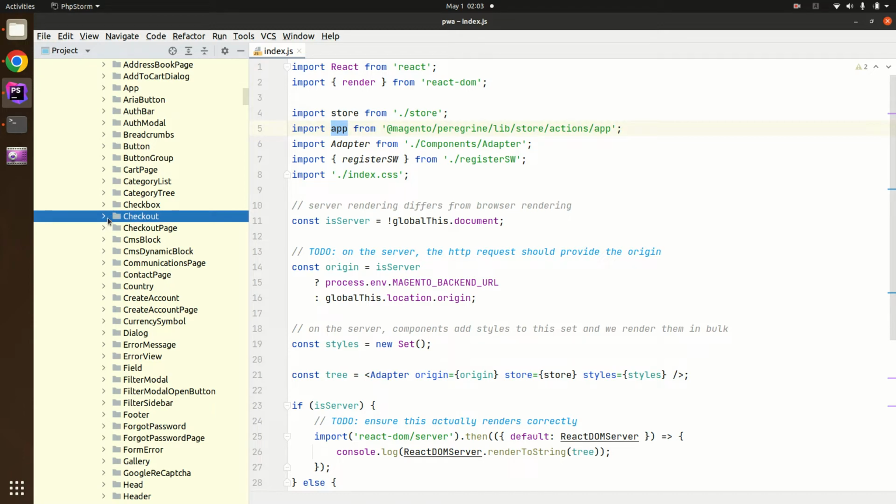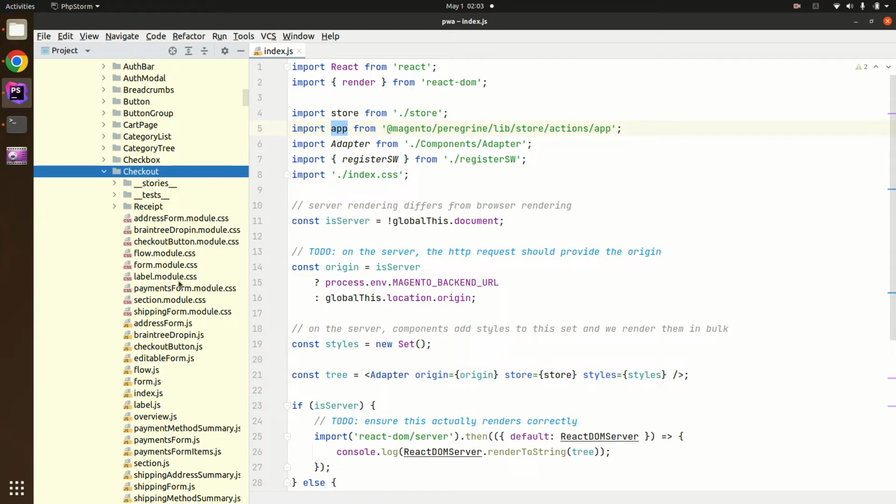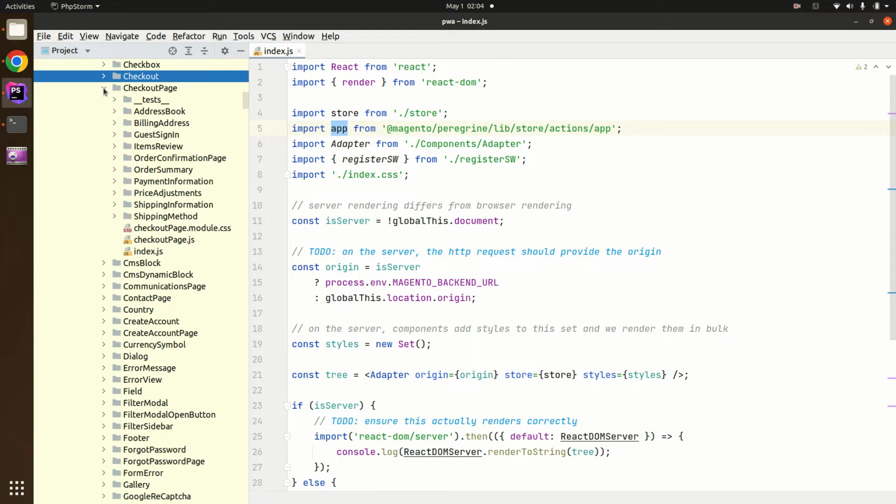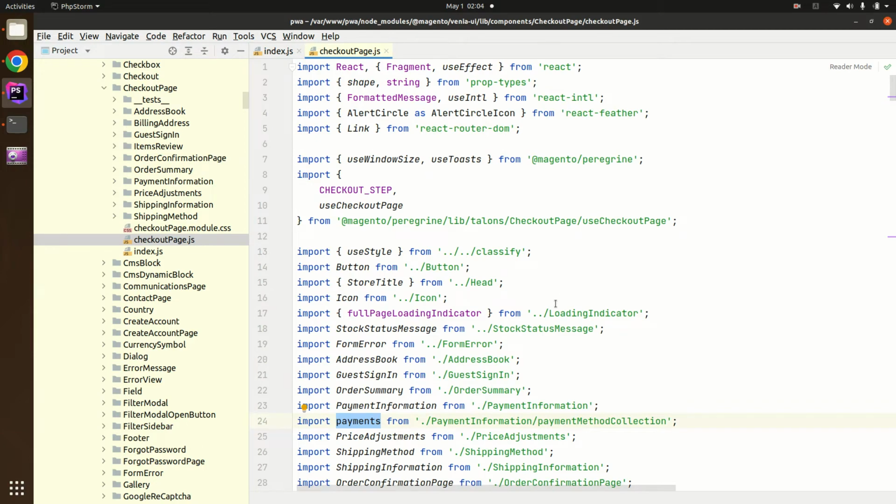So I open checkout, and inside checkout I can see payment method summary, payment form section, shipping form, receipt, and along with checkout we will also see checkout page. In checkout page we have shipping method, the whole checkout page. So first let's open the whole checkout page,